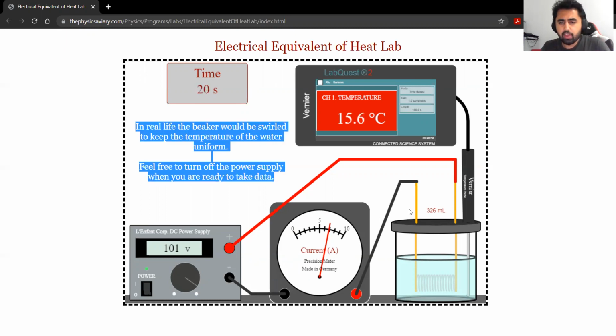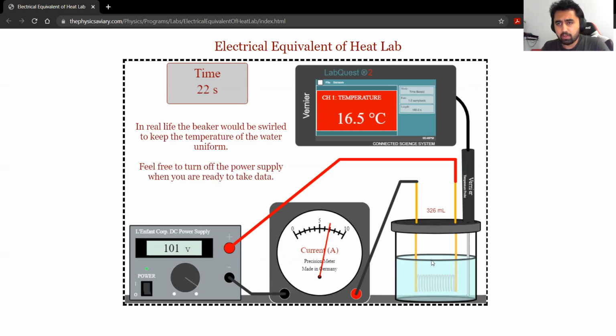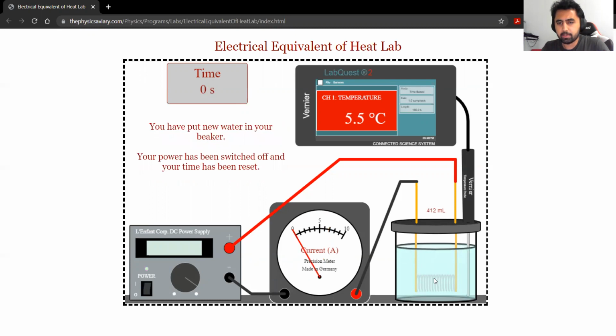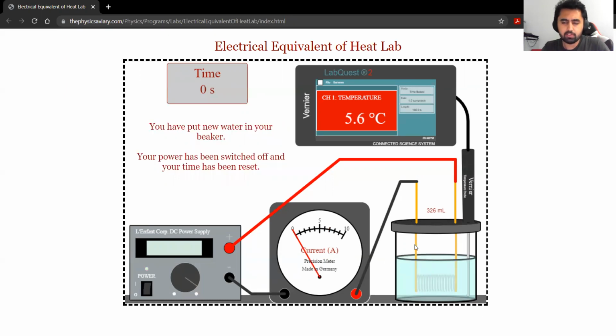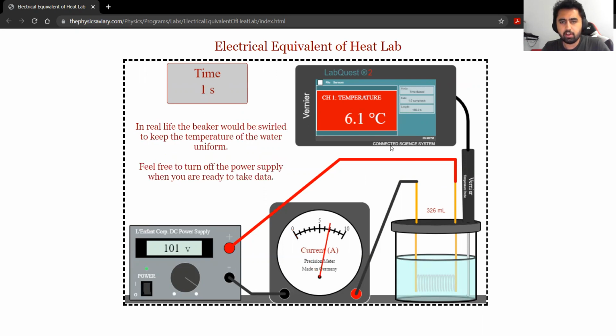So, okay, you have this. You can change the volume of water here by clicking on this beaker. As you can see, you click, it increases, then it goes back down to 200. So you can change the volume of the water, and you have the temperature. Look, right now it's around 6. It's increasing pretty quickly here because we have a high voltage and high current,